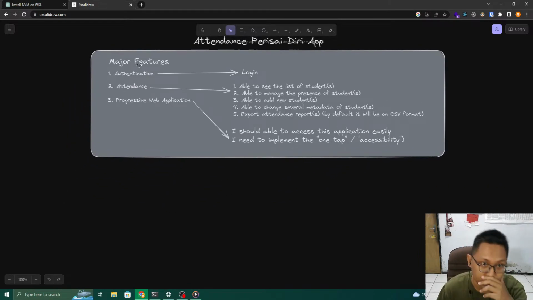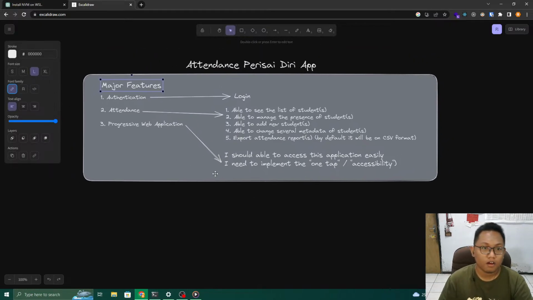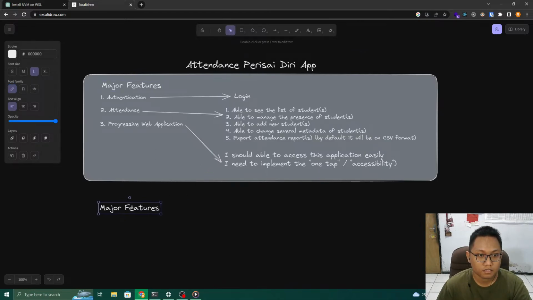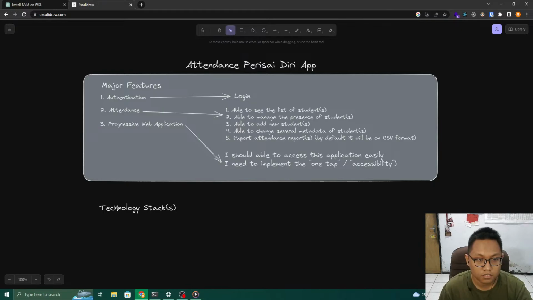So this is the major feature. The next thing is about the stack. Technology stack. So